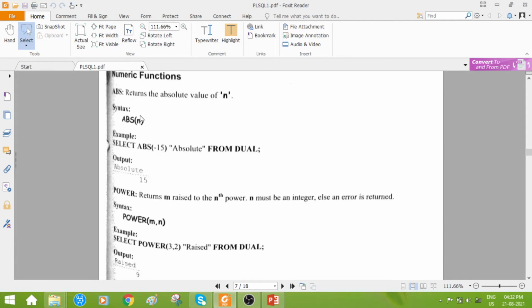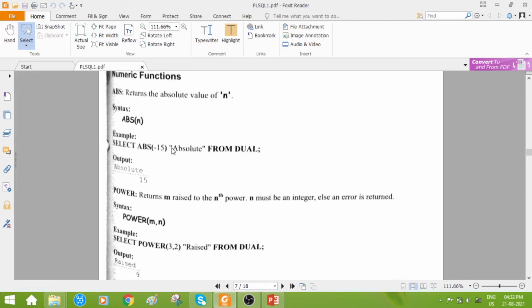ABS. In place of n in the syntax, as we are discussing a numeric function, the input should be a numeric value. So minus 15 is the input. Select ABS minus 15, that is, n value is minus 15 in this query.